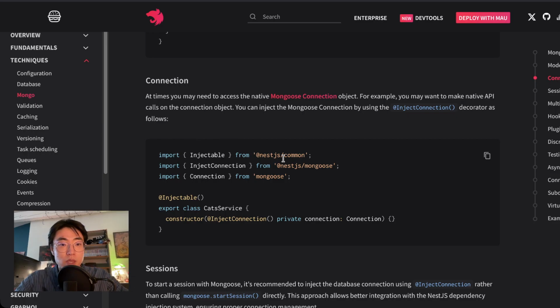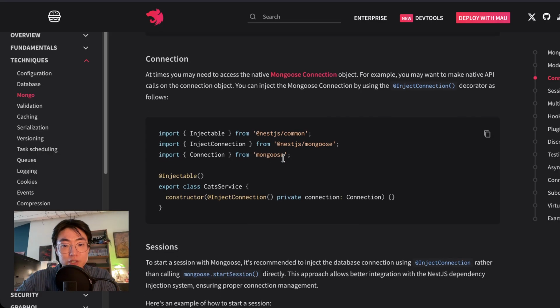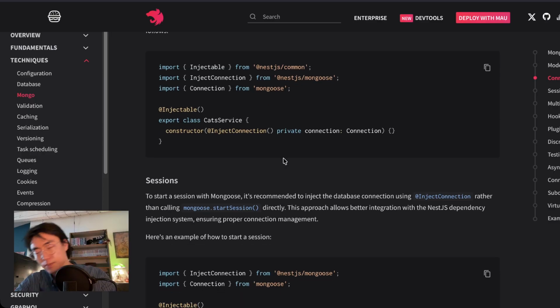Connection. At times, you may need to access the native Mongoose connection object. For example, you may want to make native API calls on the connection object. You can inject the Mongoose connection by using the InjectConnection decorator as follows. @Injectable() export class CatsService { constructor(@InjectConnection() private connection: Connection) {} }